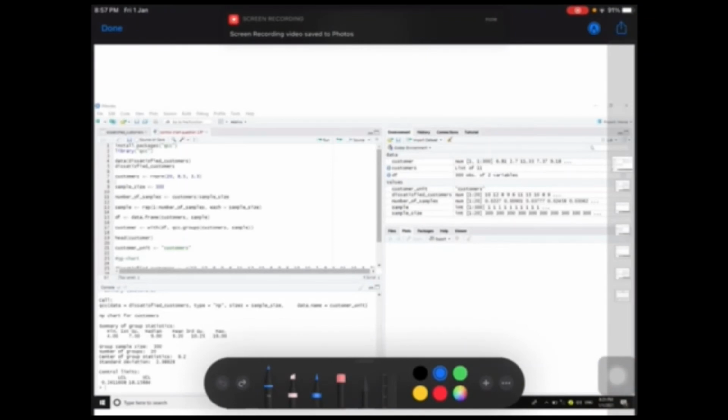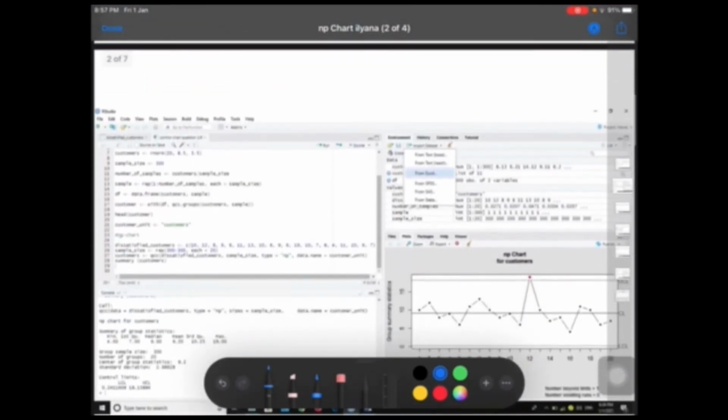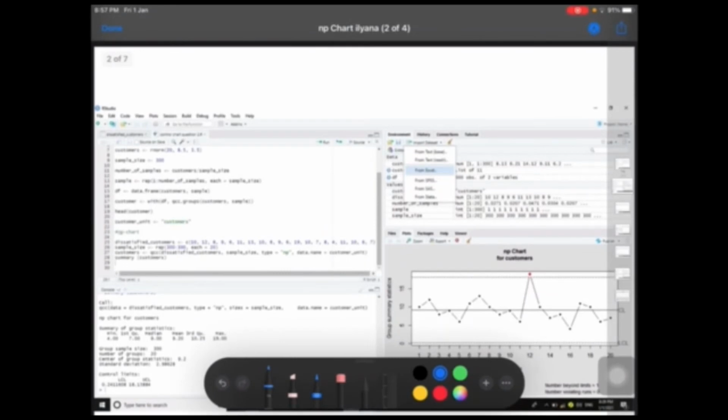Okay, first step, we need to install packages and then library QCC and then click run. This step is important to make sure that everything runs smoothly when we run the codes. Okay, for the next step, we need to import our data. So click import dataset and then from Excel,